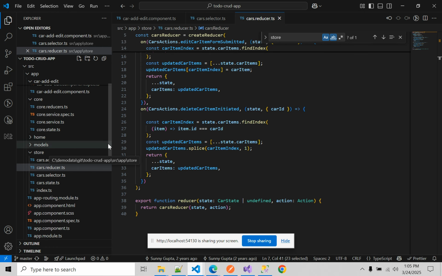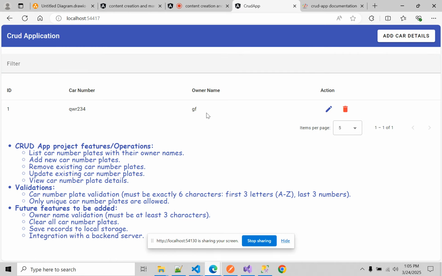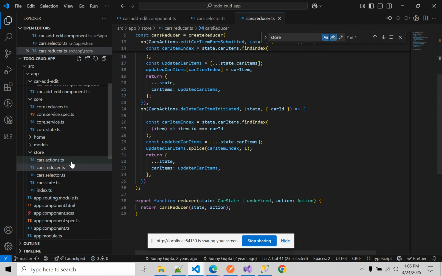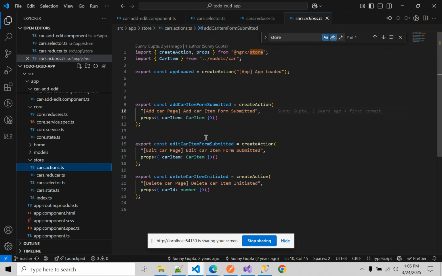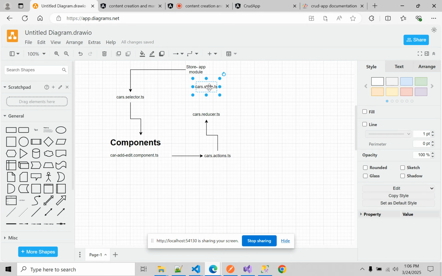So let's recap all this, how the store is working here. Firstly, what we have done, we have created a state. We need to work on the car items, and we created an interface for it. I mentioned it here also, we created a state, things start from here. So in the store app model we